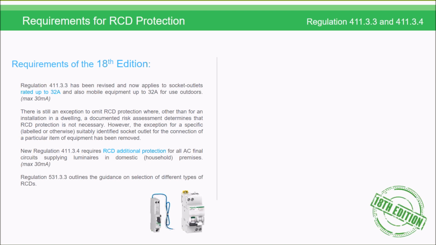So the requirements of 18th edition with respect to RCD protection. Well, Regulation 411.3.3 has been revised now, and it applies to socket outlets rated up to 32 amps on domestic premises, regardless of what they're controlling. So no exceptions via labelling now. Exceptions from the requirement to provide RCD additional protection are still allowed for AC socket outlets that are rated